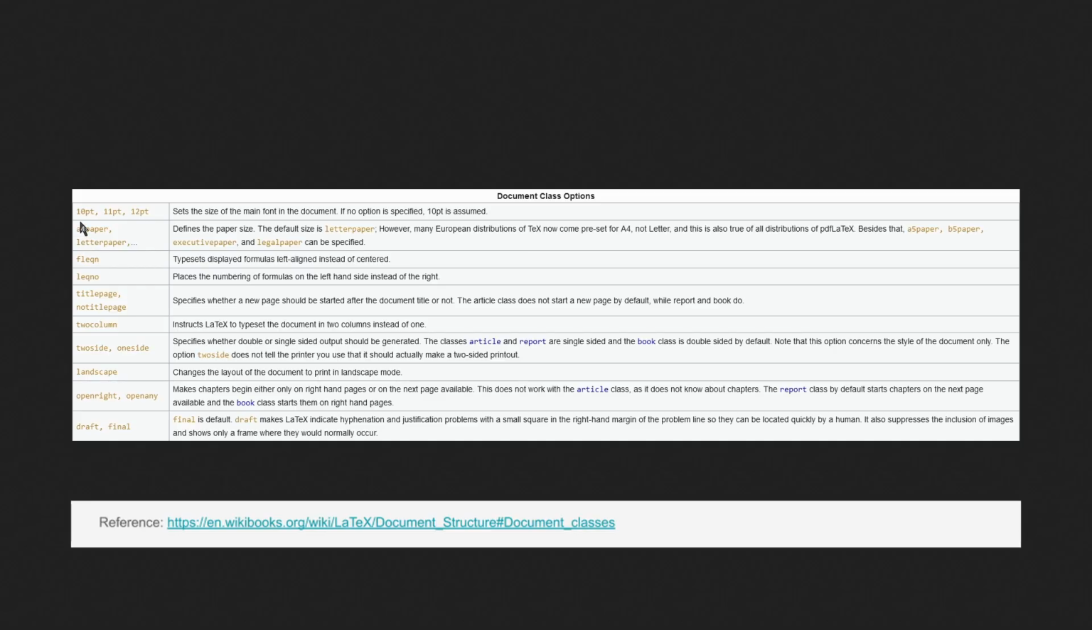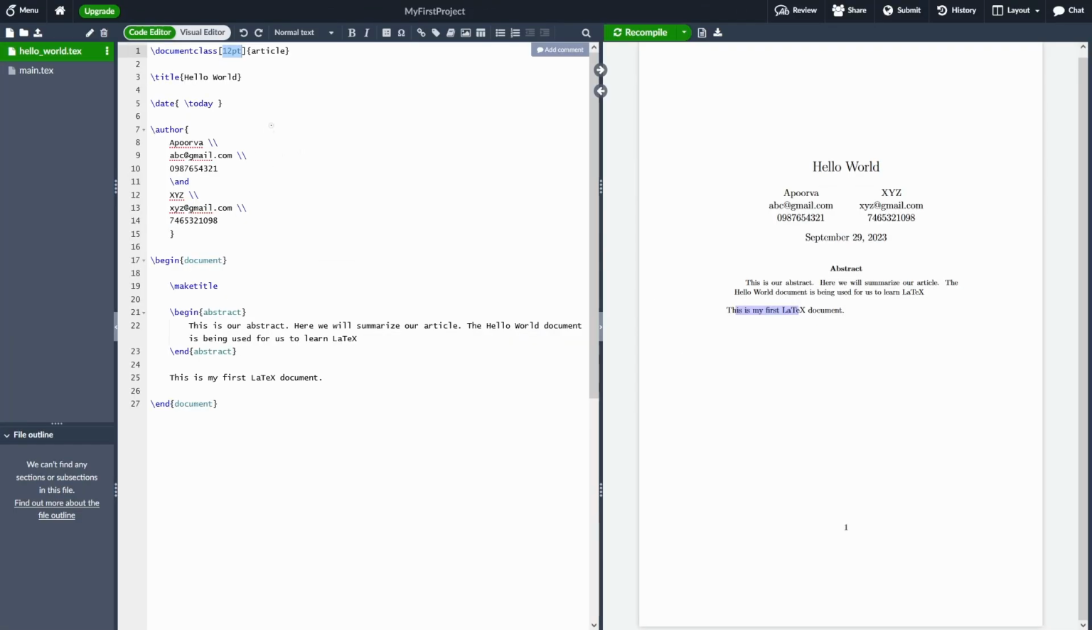Here are some of the commonly used document class options. When that particular option is not specifically provided, the default values are used. For instance, when no font size is specified, 10 point is assumed. To summarize, the syntax of document class command is something like this: